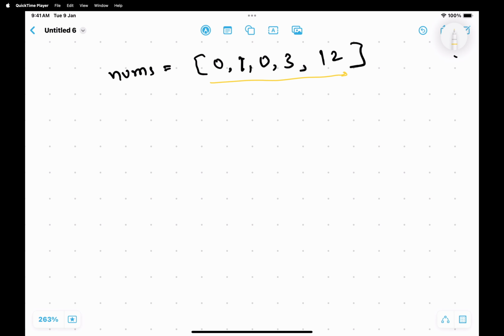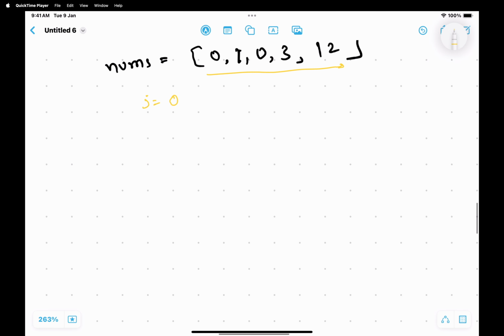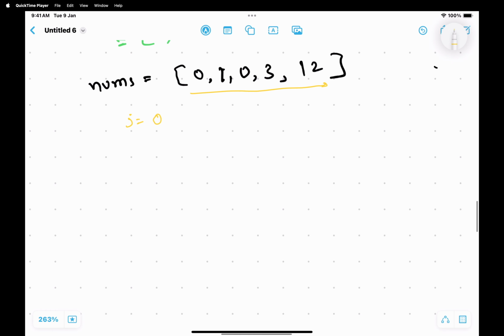Let's say j is pointing at the non-zero numbers in nums, initially it will be 0, and i is iterating throughout the array. Now whenever we find a non-zero number, we increment j,